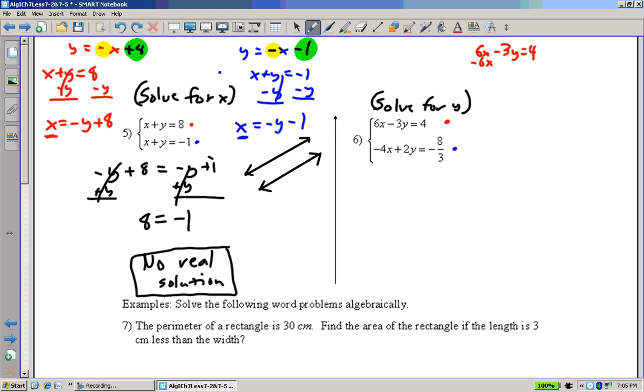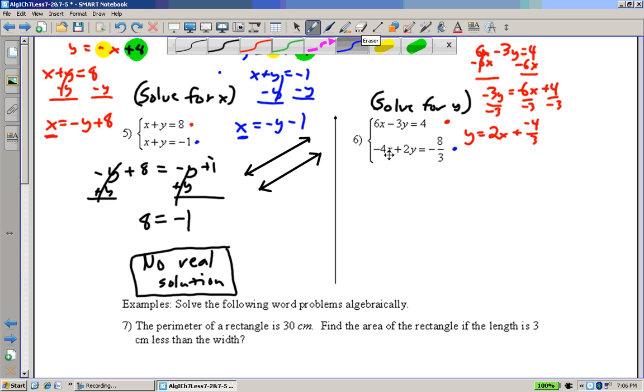Subtract 6x from both sides. Negative 3y equals negative 6x plus 4. Divide through by negative 3. And we have y equals negative 6 divided by negative 3 is positive 2, x plus negative 4/3. In the blue,